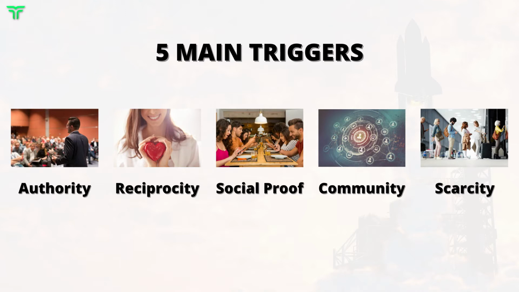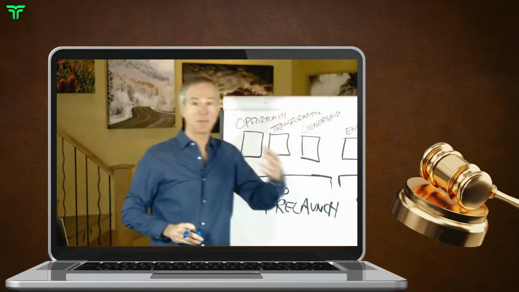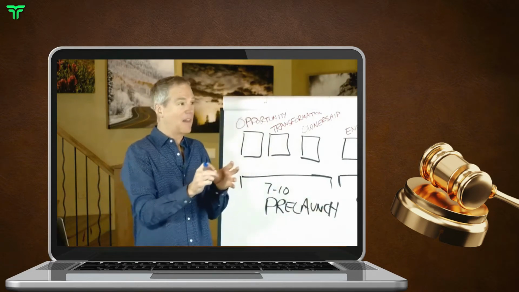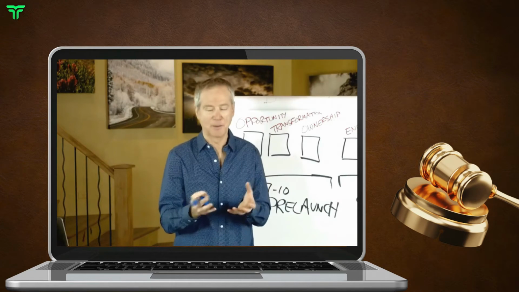Another trigger here is reciprocity. When you give something to someone, they feel like they want to give back to you. And by giving true value as you go through here, you're building up huge reciprocity. Another one is called social proof. Social proof is this idea that if we see a lot of other people doing something, then we'll do it as well. That creates enormous influence for us.